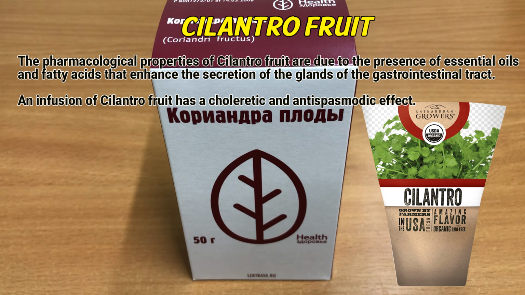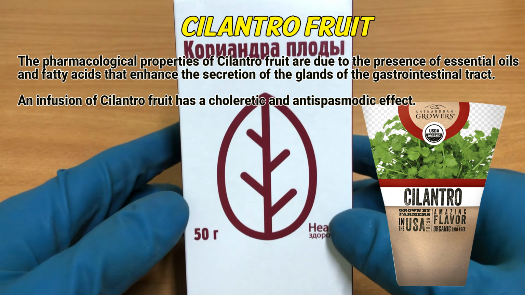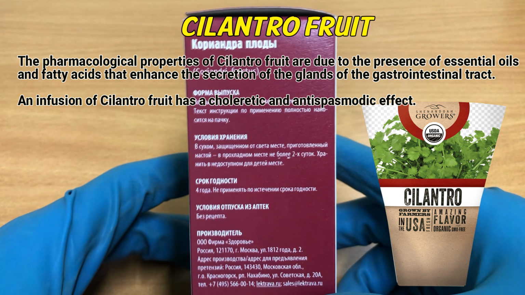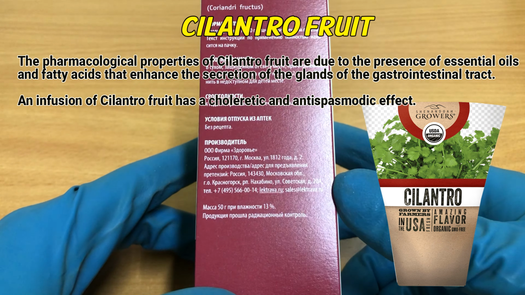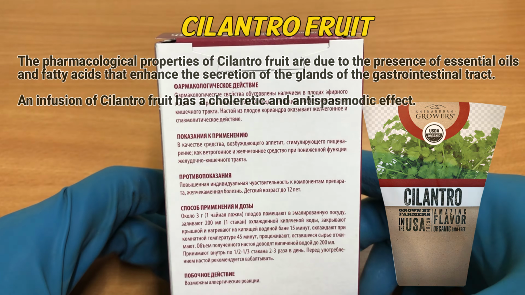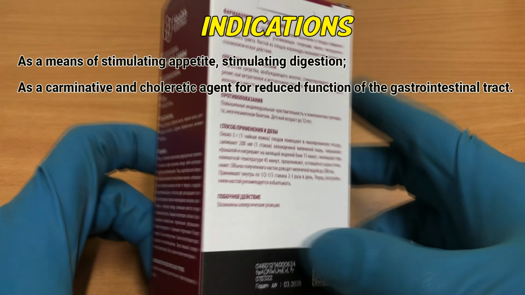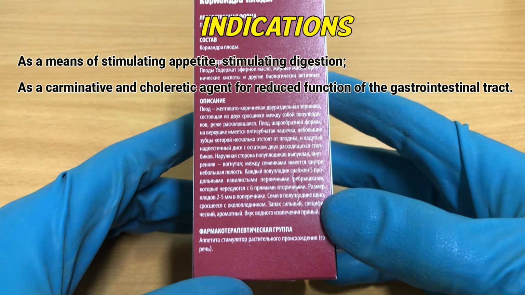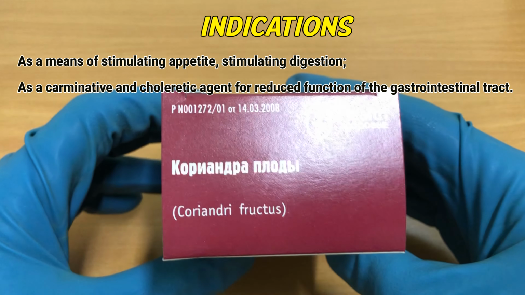The pharmacological properties of cilantro fruit are due to the presence of essential oils and fatty acids that enhance the secretion of the glands of the gastrointestinal tract. An infusion of cilantro fruit has a choleretic and antispasmodic effect. Indications: as a means of stimulating appetite, stimulating digestion, as a carminative and choleretic agent for reduced function of the